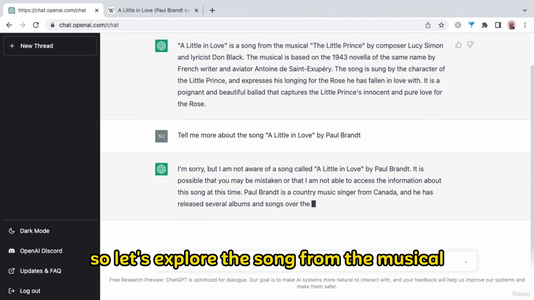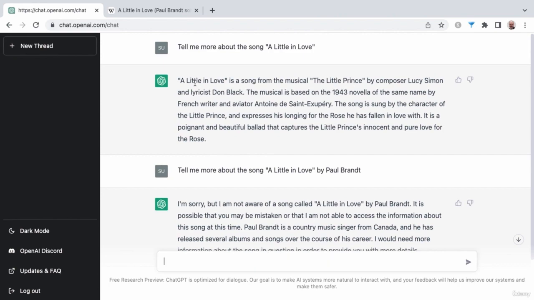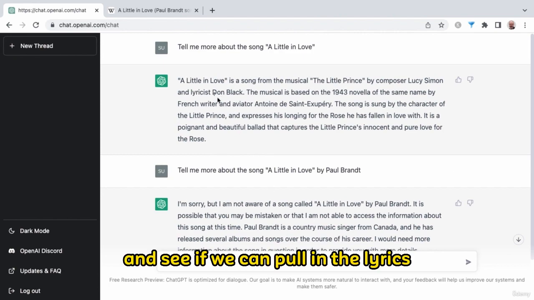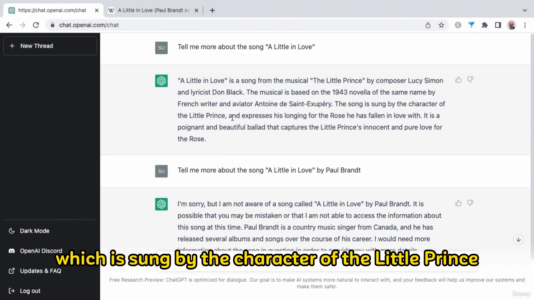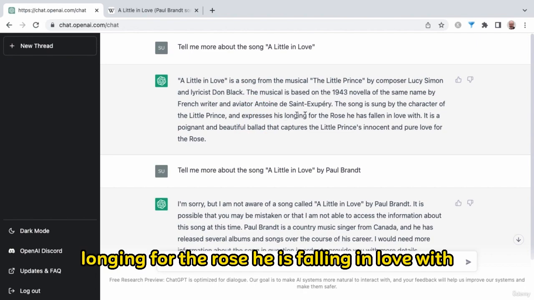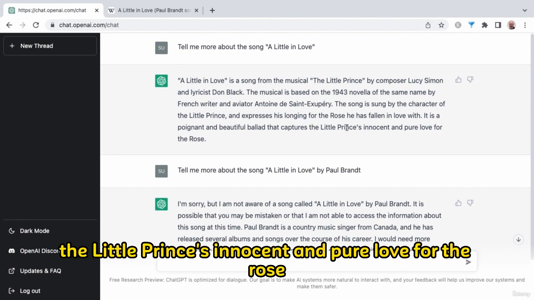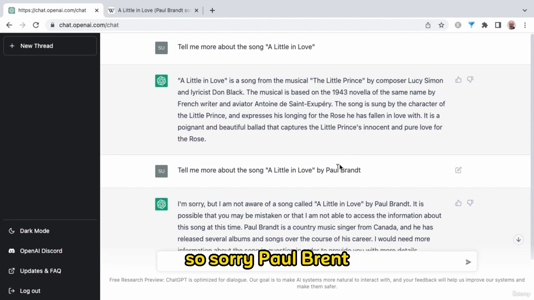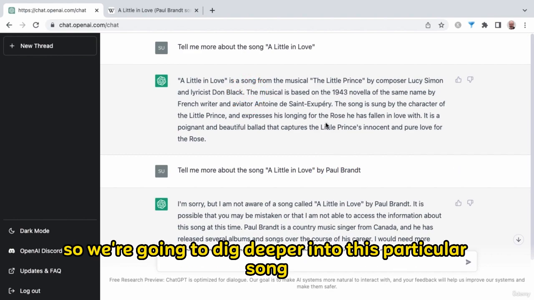So let's explore the song from the musical The Little Prince, A Little in Love, and see if we can pull in the lyrics. It's given us some details around the song, which is sung by the character of the Little Prince, expressing his longing for the rose he has fallen in love with. It is a poignant and beautiful ballad that captures the little prince's innocent and pure love for the rose. So sorry, Paul Brandt, but we don't have information on you, so we're going to dig deeper into this particular